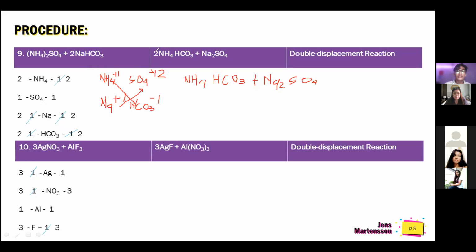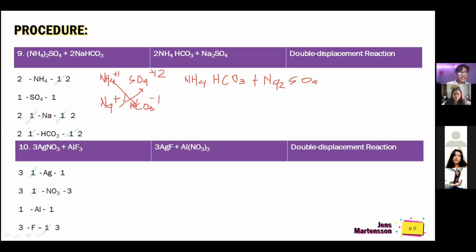So nadamay siya dito. Nadamay siya sa paglagay mo ng 2, nadamay siya sa ammonium mo. So ang product side mo naging 2. And when it comes here, nadamay din ang bicarbonate mo sa sodium. So, naging 2 na din siya. Therefore, balance na siya. Okay, for the last item, we have silver